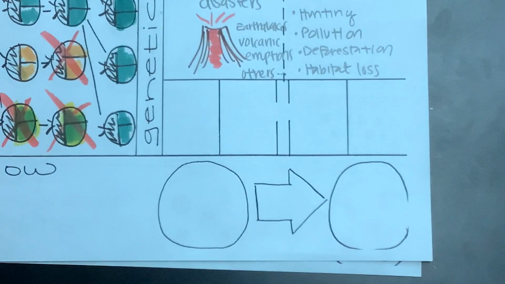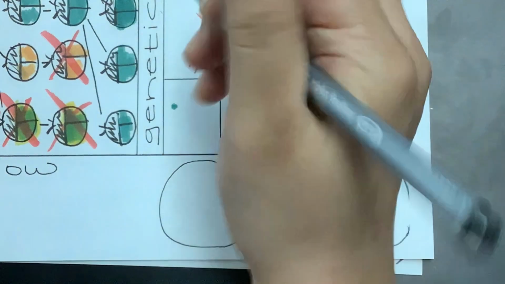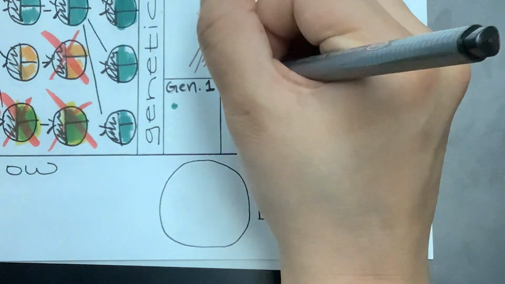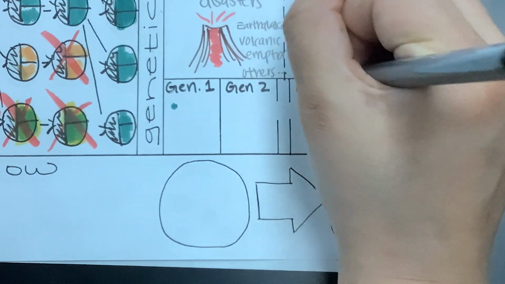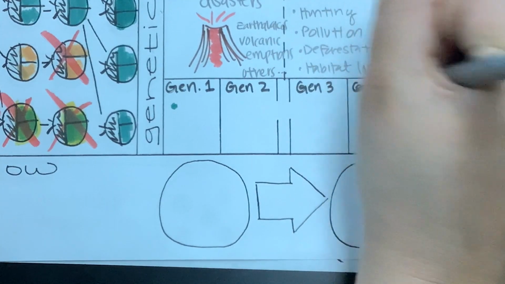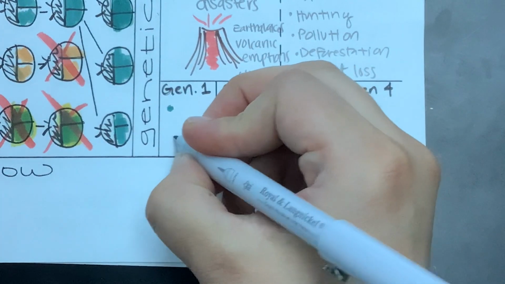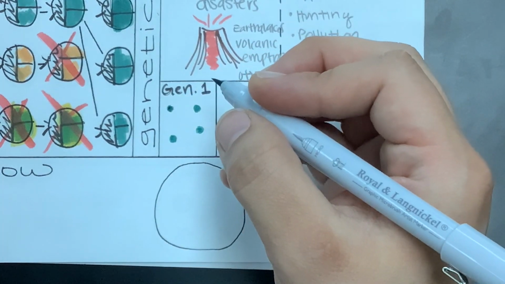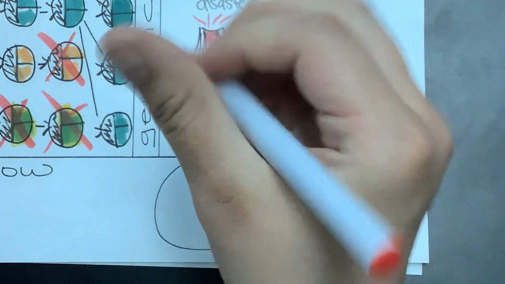So let's say this time, let's use a couple different colors. Let's say in our first generation, so I'm going to say generation 1 before I start coloring. I'm just going to abbreviate that. I'm going to say generation 2, and then this is going to be generation 3 and my generation 4. Okay, so let's say in my original population I have something that looks like this. We're going to pretend that these are genes, okay? We're going to say we have 4 green genes and 4 red genes.